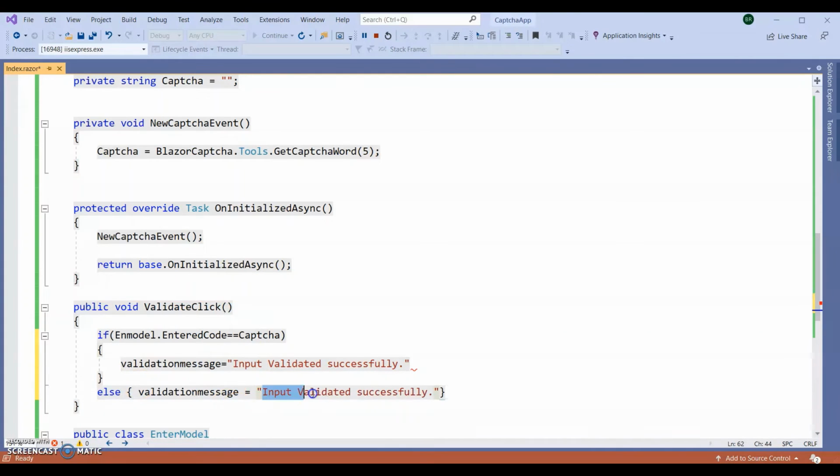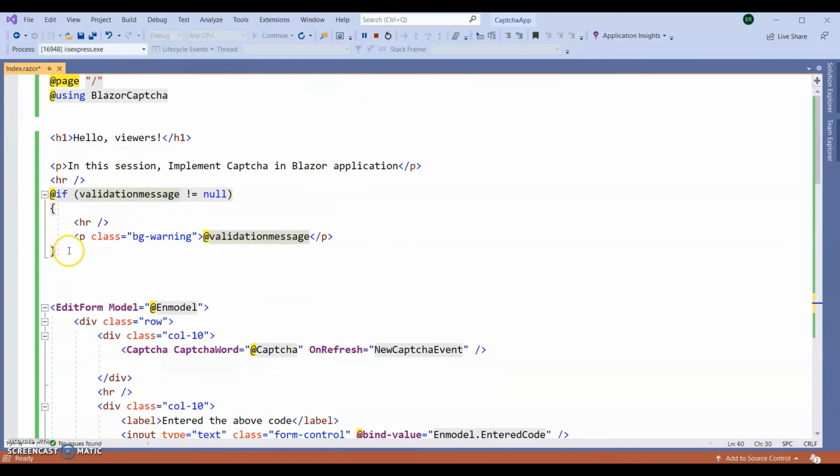Else I'm going to give this one as invalid code. Okay, so I added this one, and above on the screen I validate this one. If it is not null, then it will show the validation message inside a p, which is class warning.